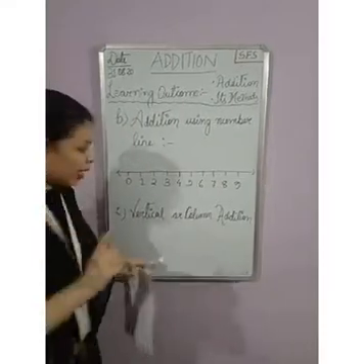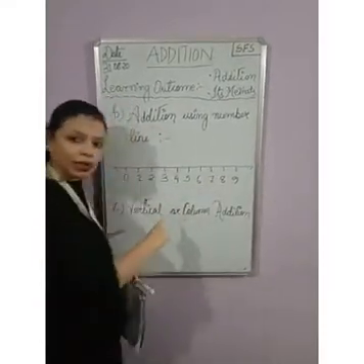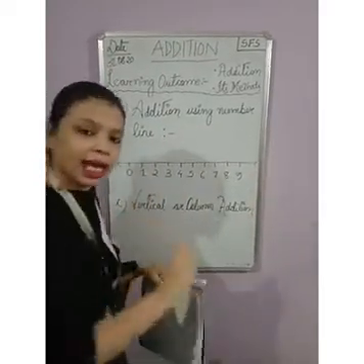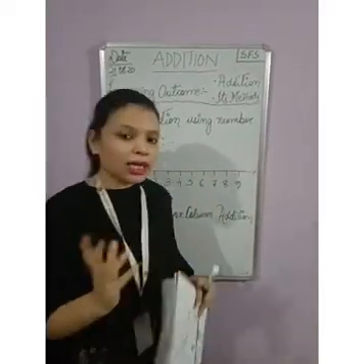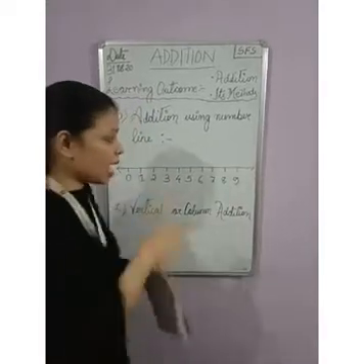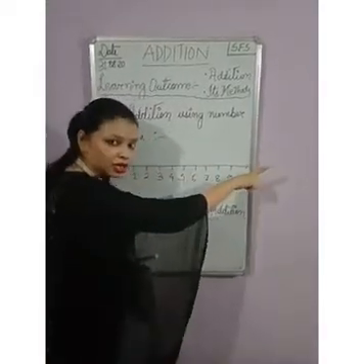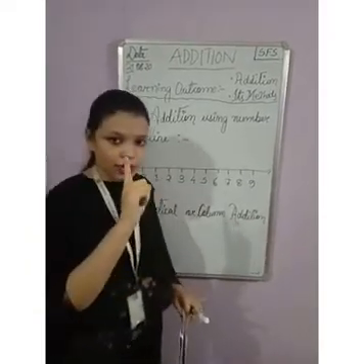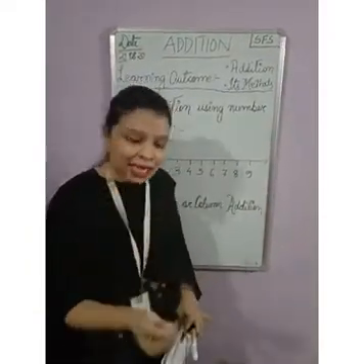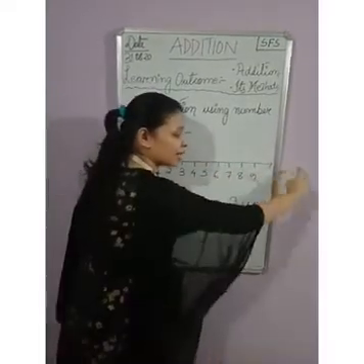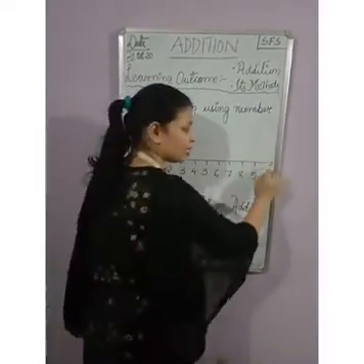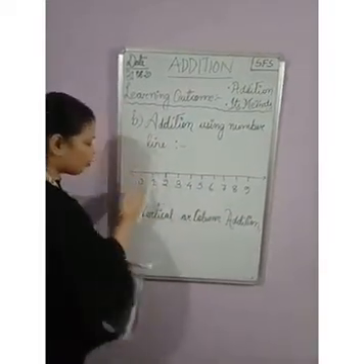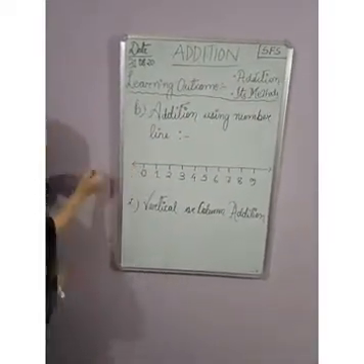Now one thing: this is a line, and there are arrow signs on both the right hand side and the left hand side. What do these arrow signs mean? One is pointing in the right direction and the other is pointing in the left direction. This is one point you have to remember if the arrow sign is given. Secondly, this line can be extended. I can rub this out and draw it longer as much as I want. In the same way, on the left hand side I can also extend the line.